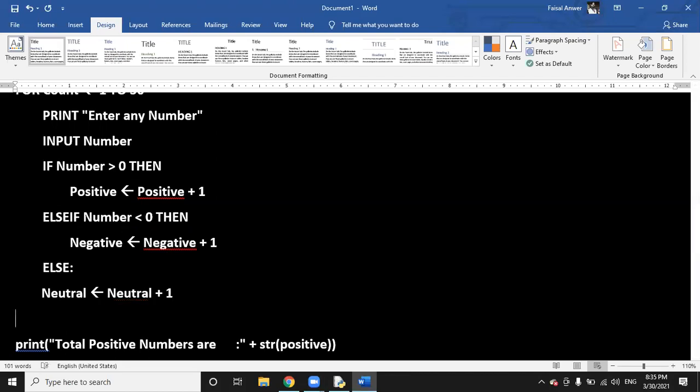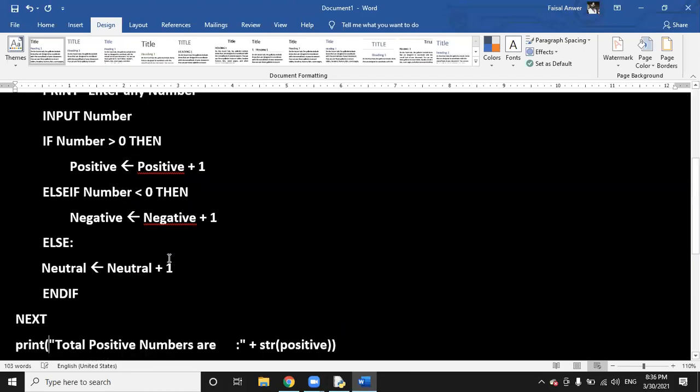Then the condition if will be blocked here with end if, which is the mandatory part of pseudocode, and then print.